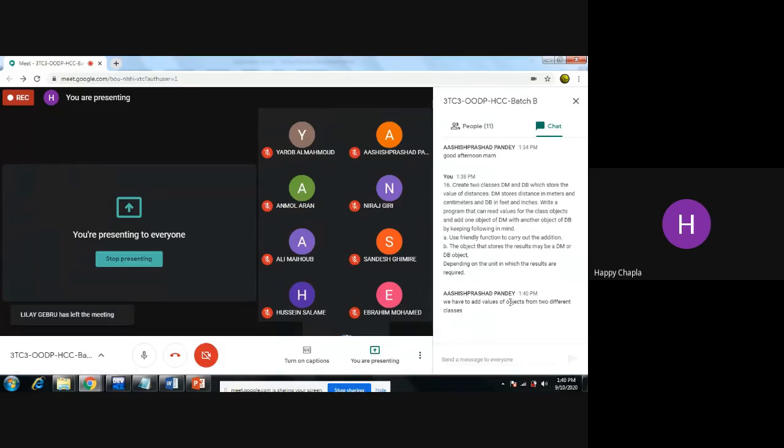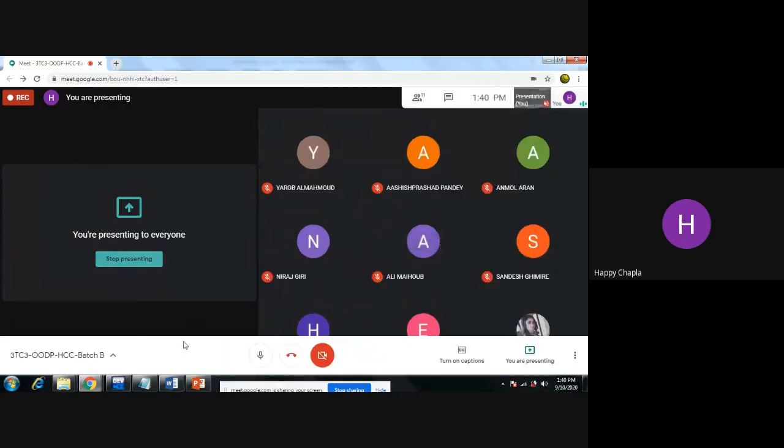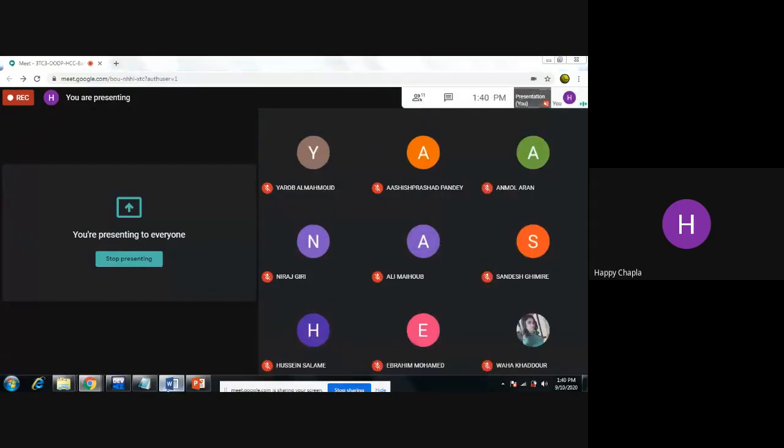We have to add values of objects from two different classes. Okay, good. Any other student?